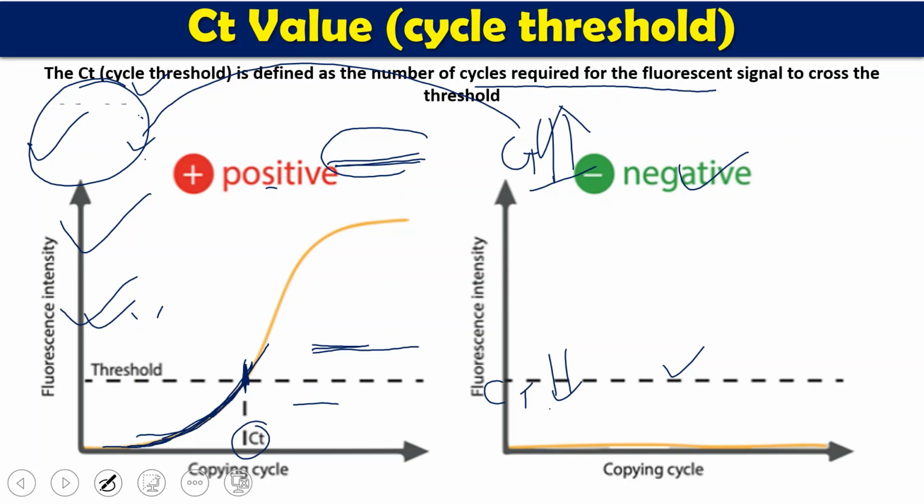For the time being, this is the copy number and cycle number. This is sample 1. If it crosses here, that means at the 15th cycle. For another sample, it crosses at the 30th cycle. So the CT value for this one is 15, and the CT value here is 30. This means this DNA is detectable at the 30th cycle, so you have to run more cycles, which means less virus is there. In this case, you run only 15 cycles and the DNA is detectable, so you had a sufficient amount of DNA. So the CT value is low.